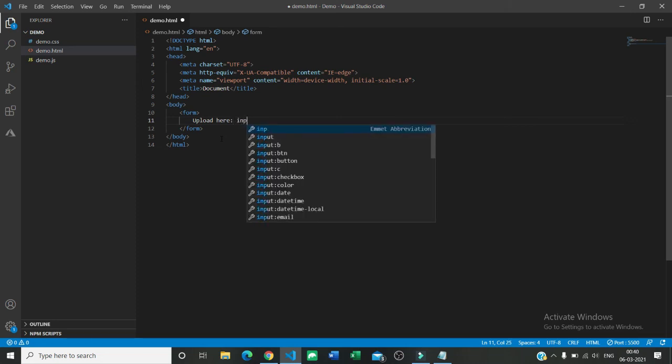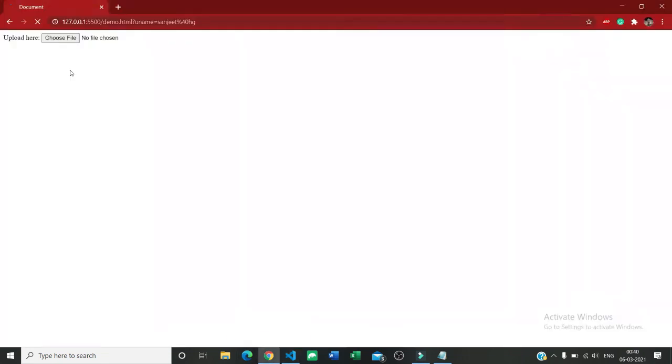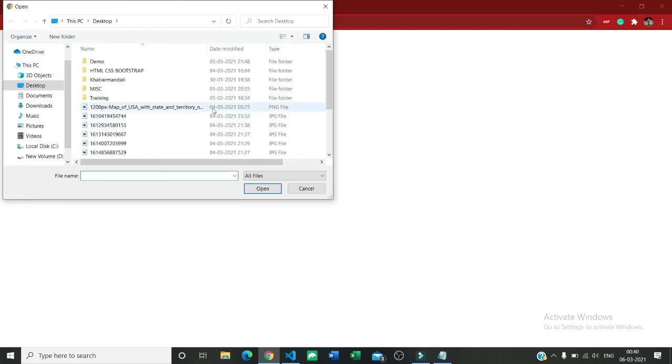I am going to give input as a tag and type as file. Alright, so once I give that, we can see there is an already created choose file. Whenever you go for that, it will just browse your local PC. So you can select anything you want, and it will be uploaded. Okay, that's how file works.